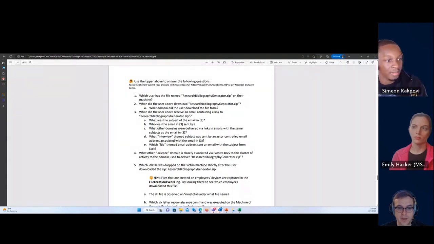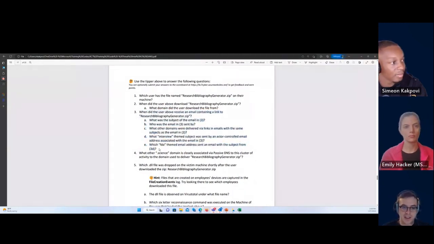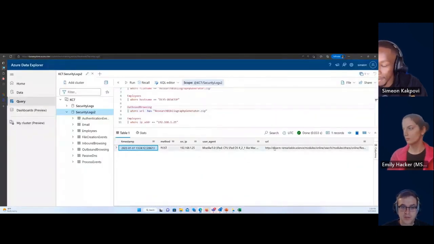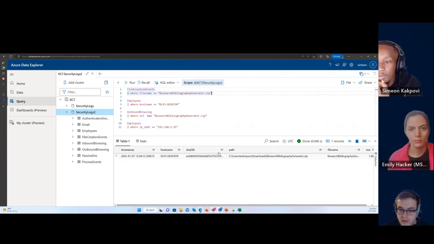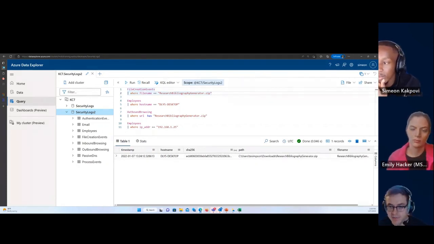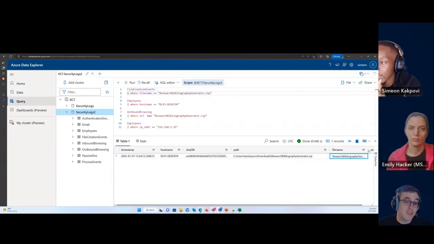One thing, Simeon, to jump in on. Part of being a good analyst is that we have to contextualize data. So let's go back and look at what Simeon looked at quickly. Let's pull up the query for the first question. Yeah, go ahead and run that. Okay, so what are we looking for here? We've got this file name that we know is bad. Someone on Twitter said it's bad, right? When we take open source information, let's not take it word for word. Let's do our own analysis, but we think it's bad.